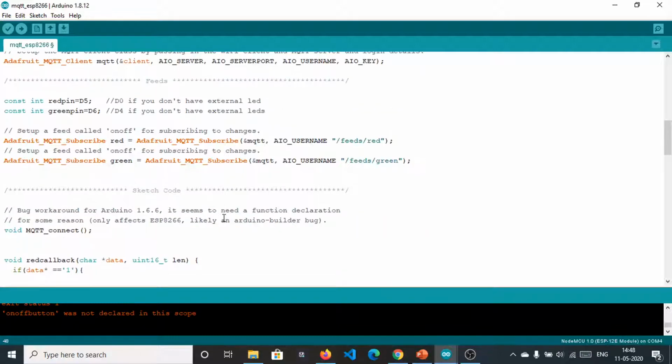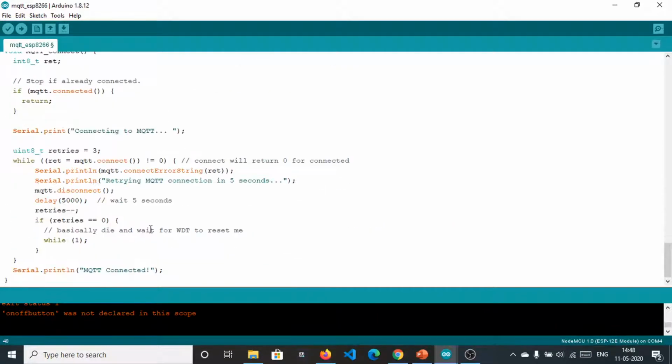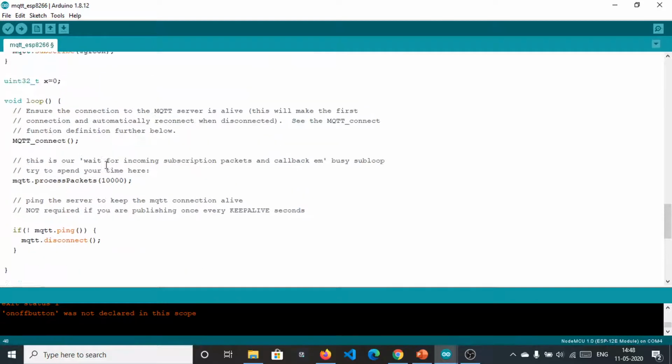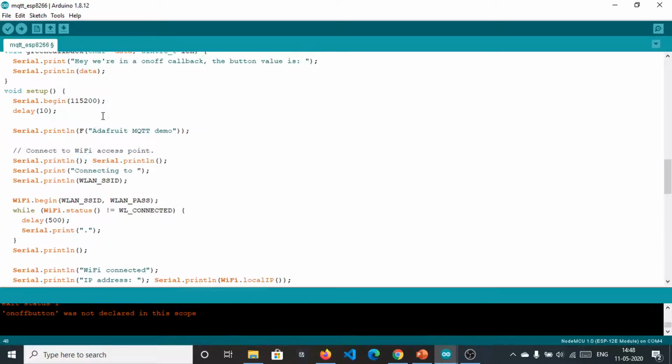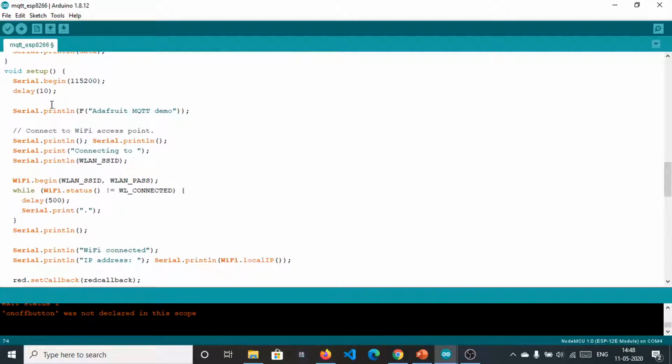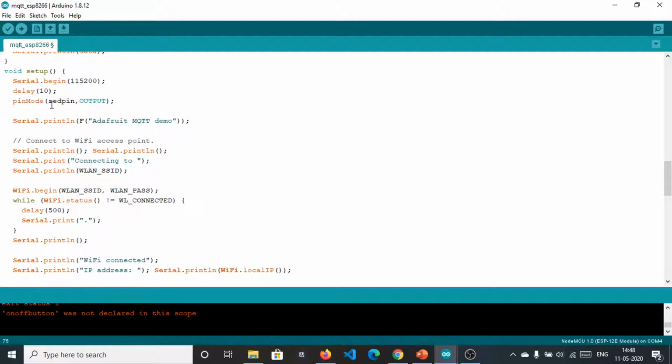So let me set up the pin mode in the setup function, setup method. So you can come now to this setup, and let me set pin mode of red pin to output, and the second one, green pin, to output as well.